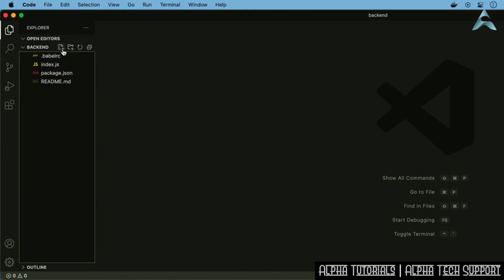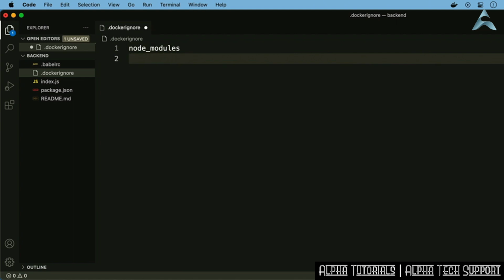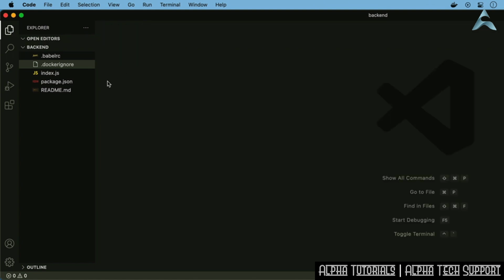So I'm going to create the file and I'm going to call this .dockerignore like so. And then I'm going to basically add the node modules. I don't want to have those in the Docker file because it's going to automatically install them. So I don't want to include them if they're already there. And also the npm debug.log. Okay, so once we have that, we can save, we can close that file,